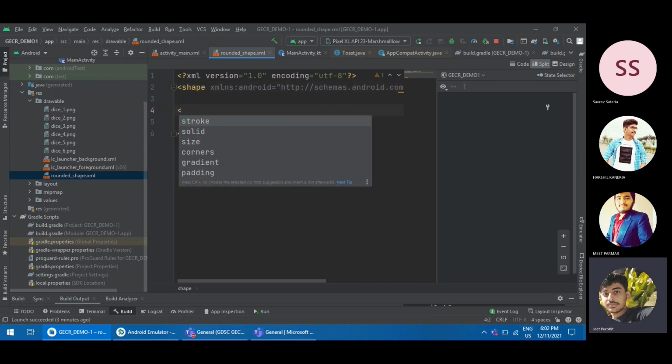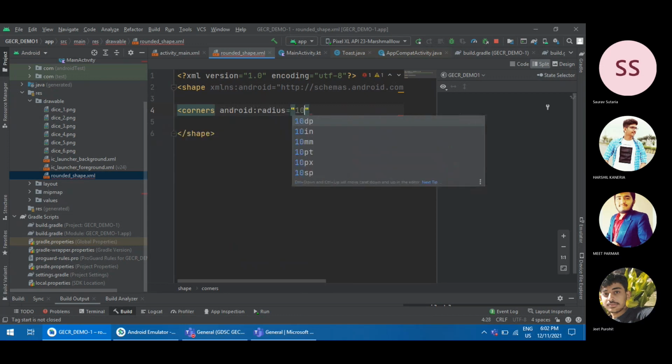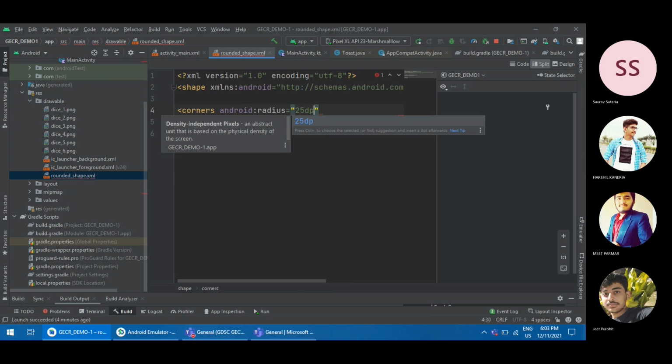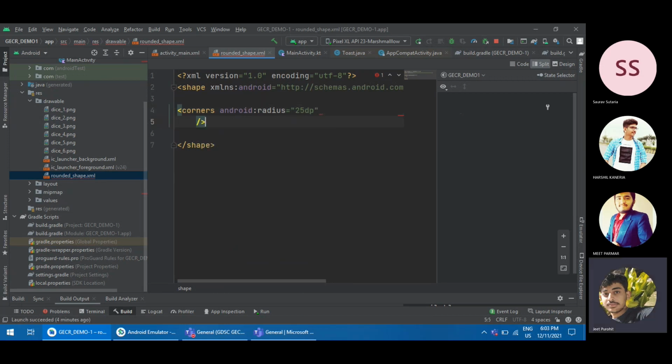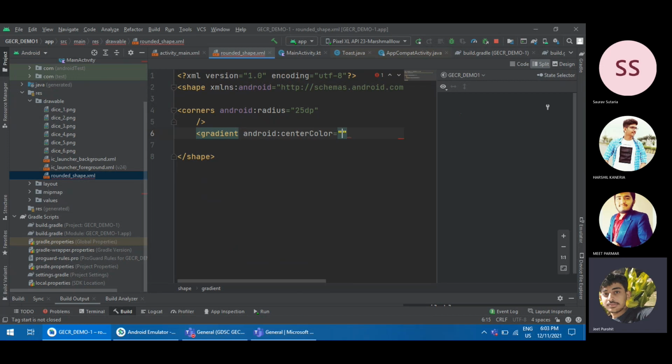and then after, we do not want to change the background, so we will not use solid. So what we will use is border. Then we will modify the radius. Then after